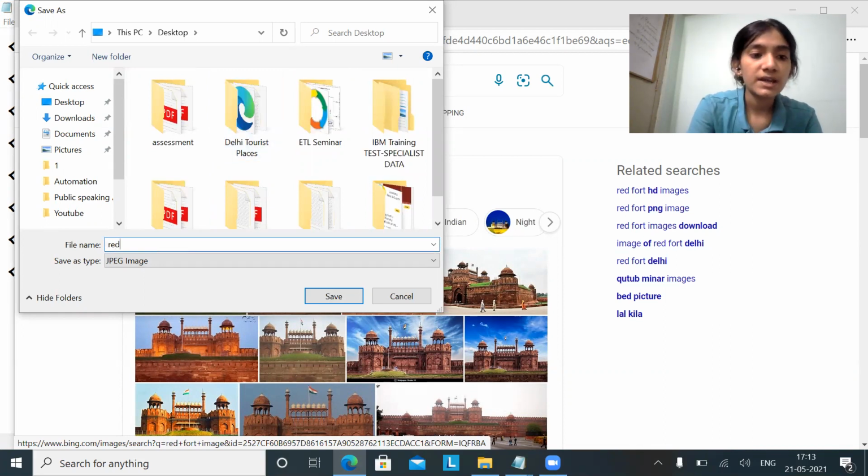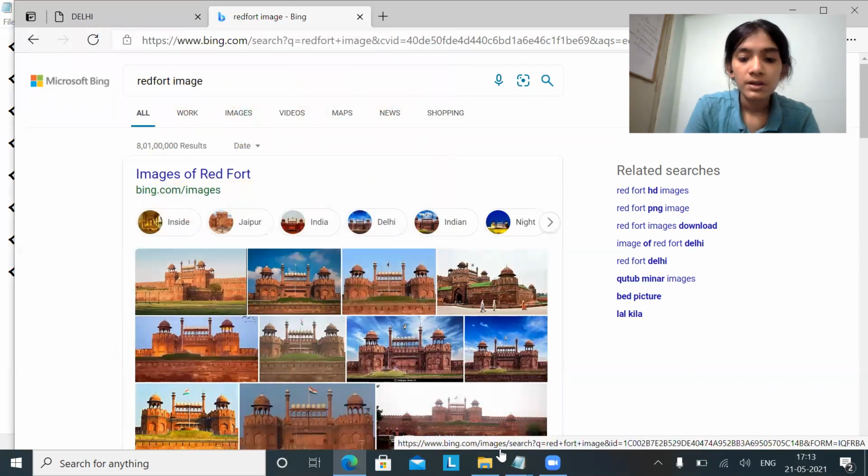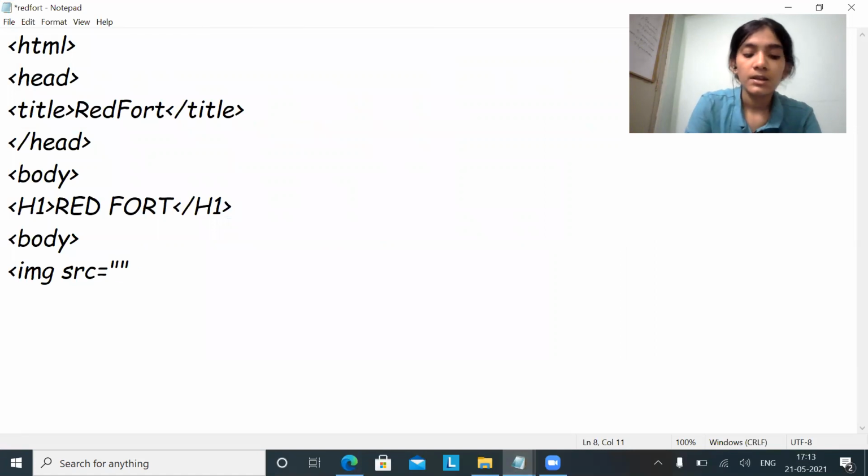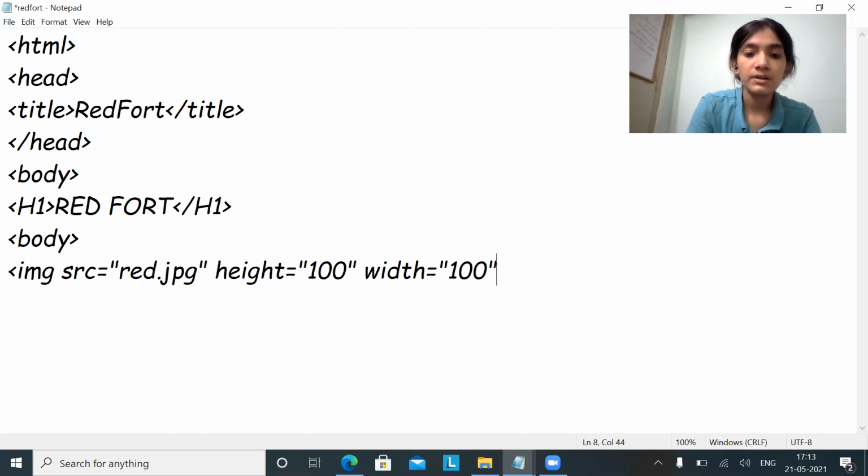Okay, so save it as red, save it, and then go back to your thing, and then red.jpg. And now what I'll do, I should specify the height is equal to 100, width is equal to 100, and done. Now I should specify the description about Red Fort.